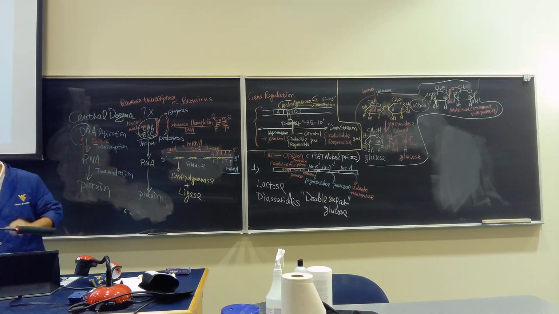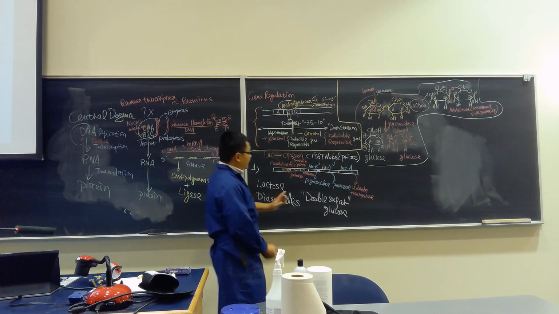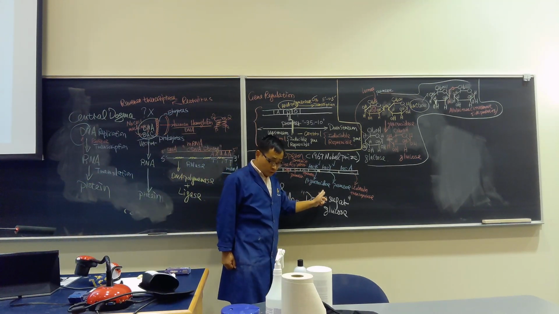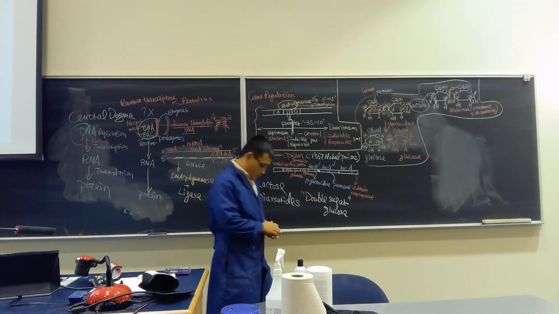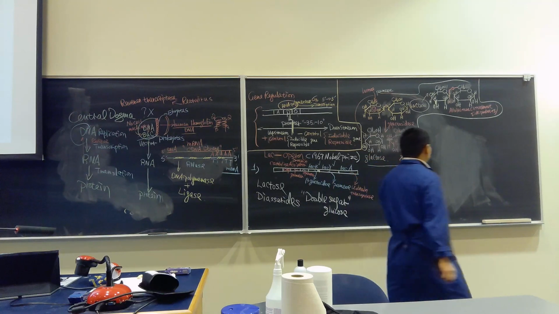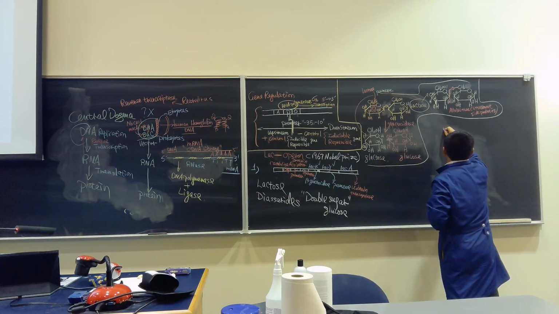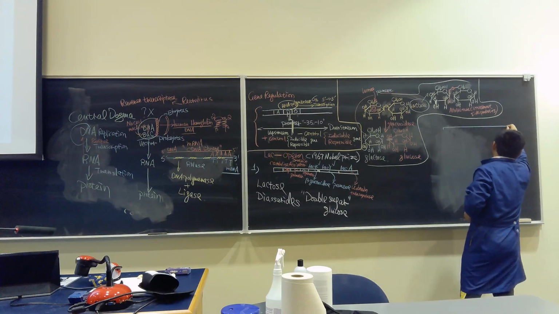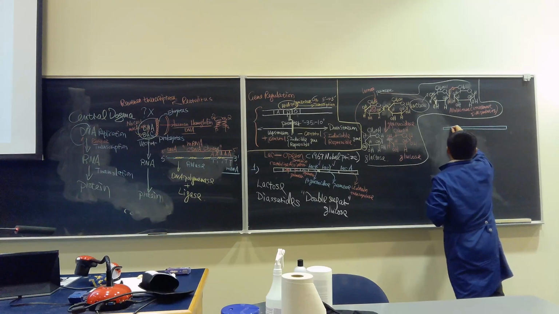I covered everything. They only talk about the right side. So they only talk about a negative control. Okay, so what is that? We're going to draw right here. We have